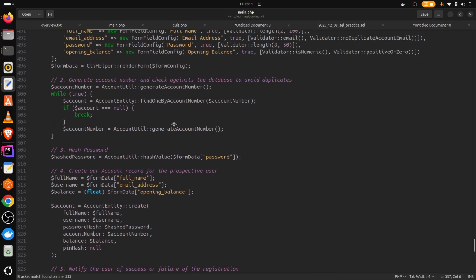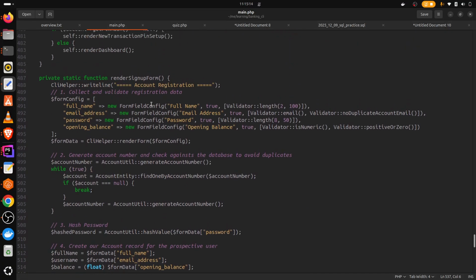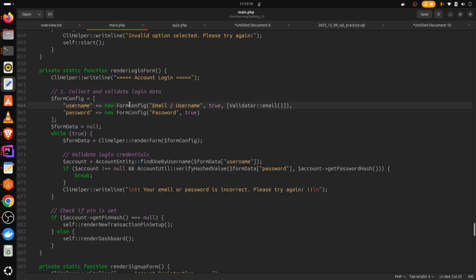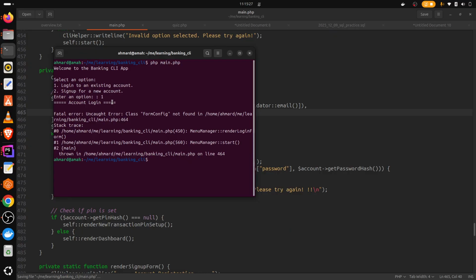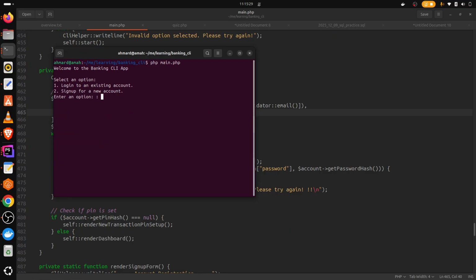Okay, yes, it's not form config. Where was it? Form field config. Okay, left, login, account. So let's use an invalid email that I know doesn't exist. Password. Great. Email or password is incorrect. Please try again. So let's use a valid email